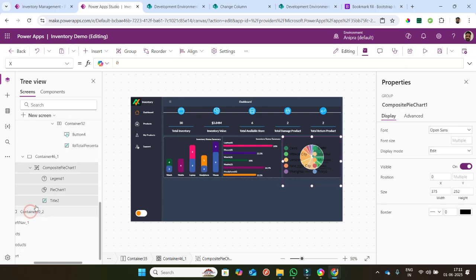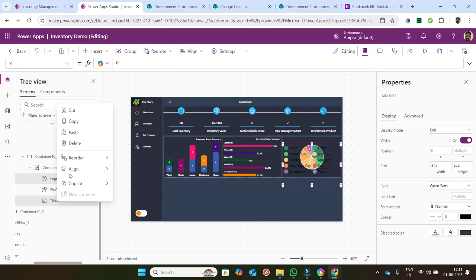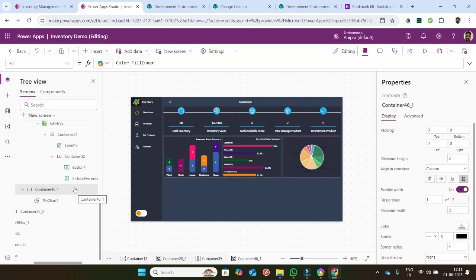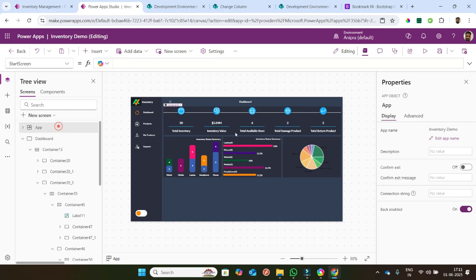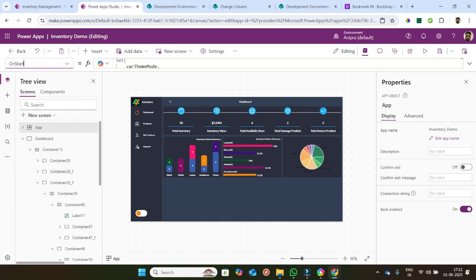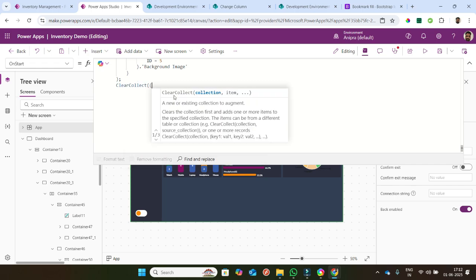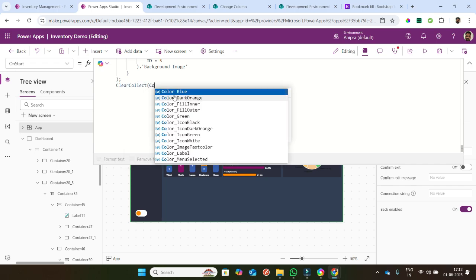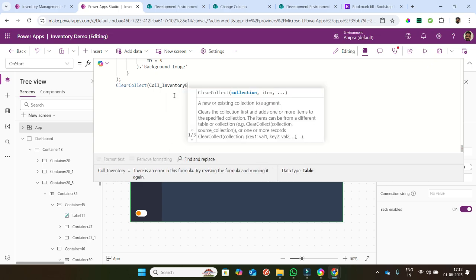Okay, for this pie chart I will remove the legend and the title, and then on start button I have to put a collection, ClearCollect, and the name I will put as colInventoryByStatus,